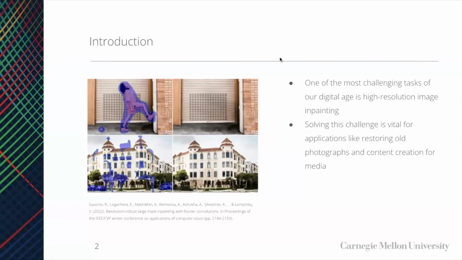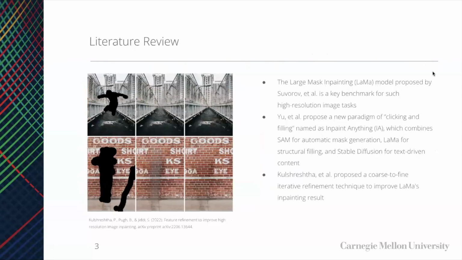Solving this challenge is vital for applications like restoring old photographs and content creation for media, all of which demand seamless large-scale results. Recent methods have focused on scaling these ideas to high resolutions. The large mask inpainting model, LaMa, proposed by Suvorov et al., is a key benchmark for such high resolution image tasks. Yu et al. proposed a new method of clicking and filling named Inpaint Anything, which combines the Segment Anything model for automatic mask generation, LaMa for structural filling, and Stable Diffusion for texture and content,